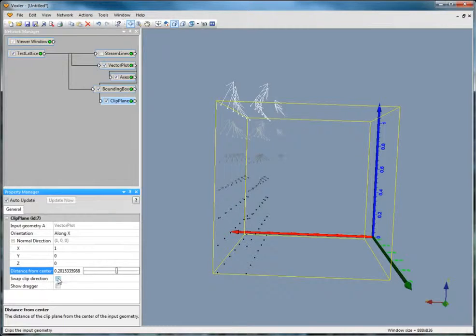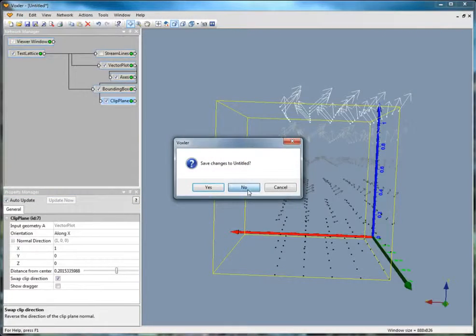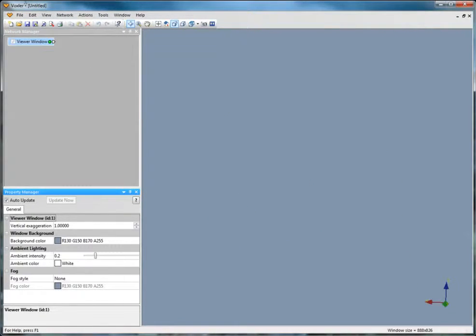To create a well render, you will need well data that is imported with azimuth, dip, and measured depth, directional survey information, or pre-computed X, Y, and Z values positioned along the well path. Click File, New, and select No when prompted to save the changes. Click File, Import, select